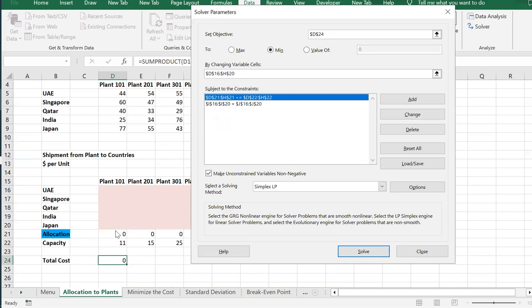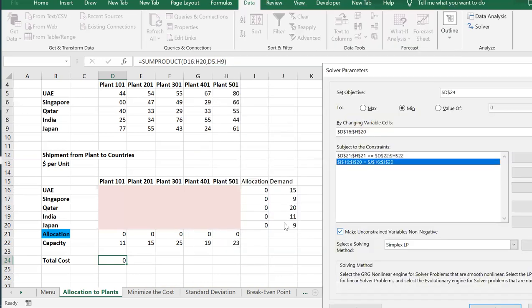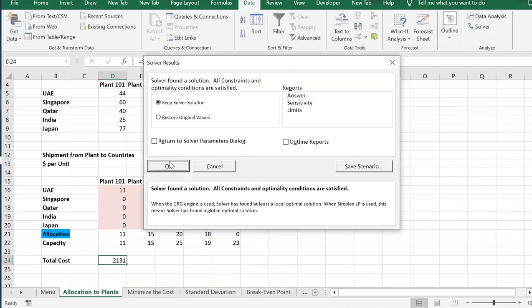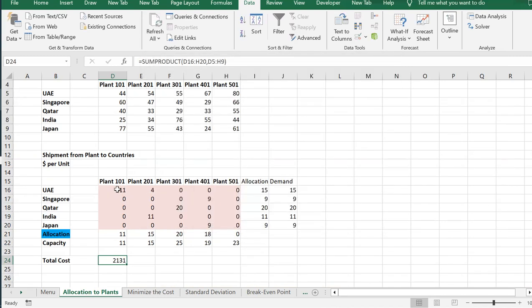the allocation should be less than or equal to the capacity of the plant. Similarly, all the plant-wise allocation should be equal to the demand of the country-wise. Okay, so that's it. So all you need to do is click solve, and here it is. So it has sent a linear LP